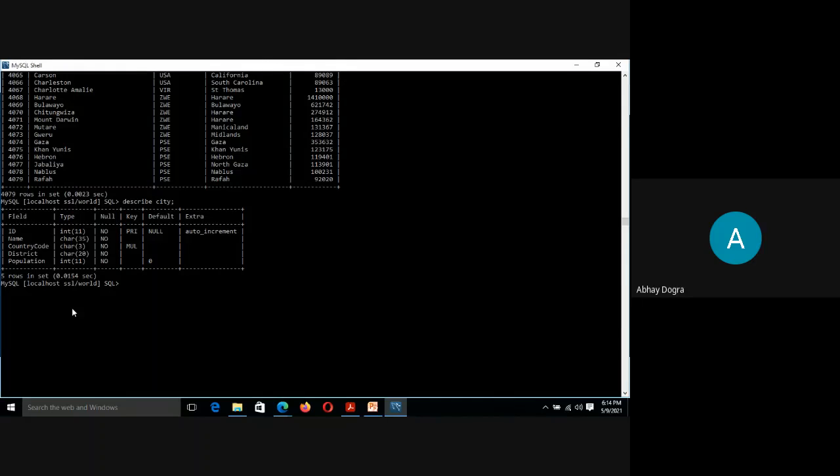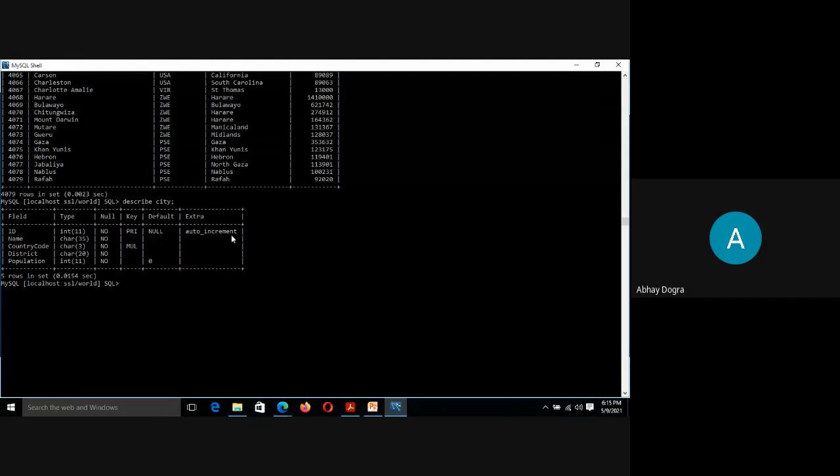As you can see here on the left hand side, there's a list of fields. We have ID, name, country code, district, population. These are the data types of values these fields hold, right? And null tells whether it can be blank or not. And then primary key and so on, we'll discuss all this afterwards, right?